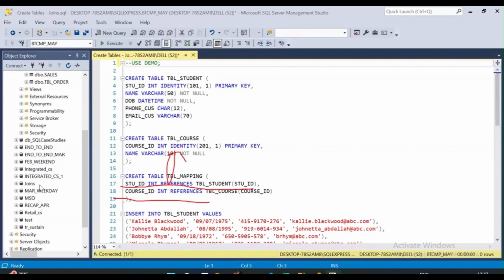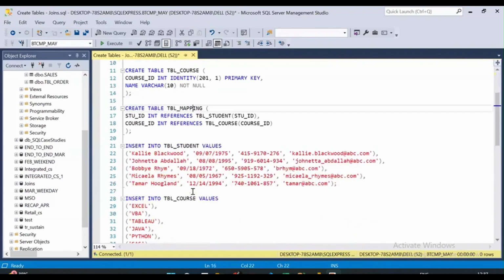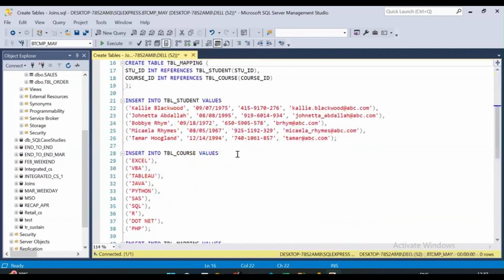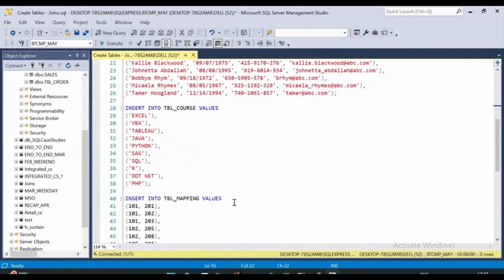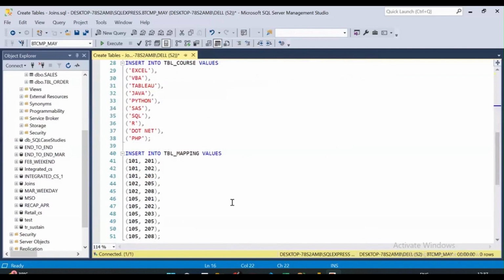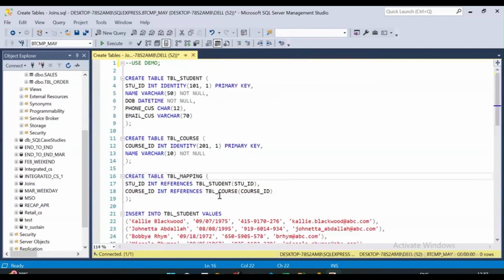Now, after that, what we have done is inserted the values into the student table, course table, and mapping table. The mapping table just has the foreign key IDs over here. Okay. Good. So create your database and simply click on execute. That's it. Once you do that,